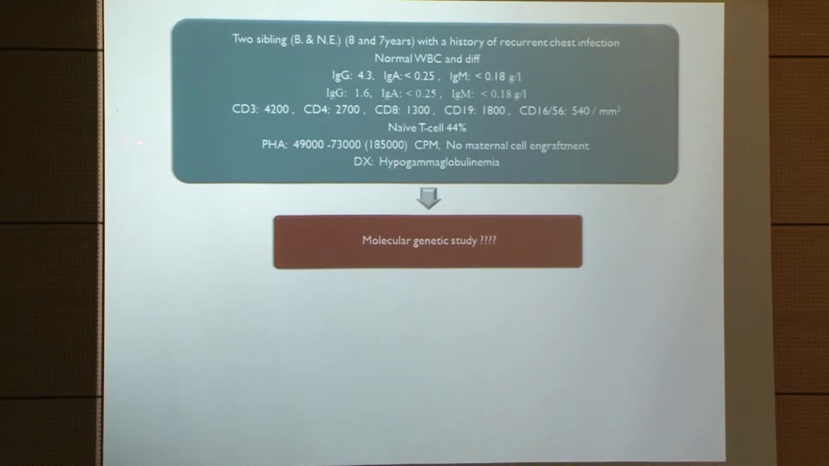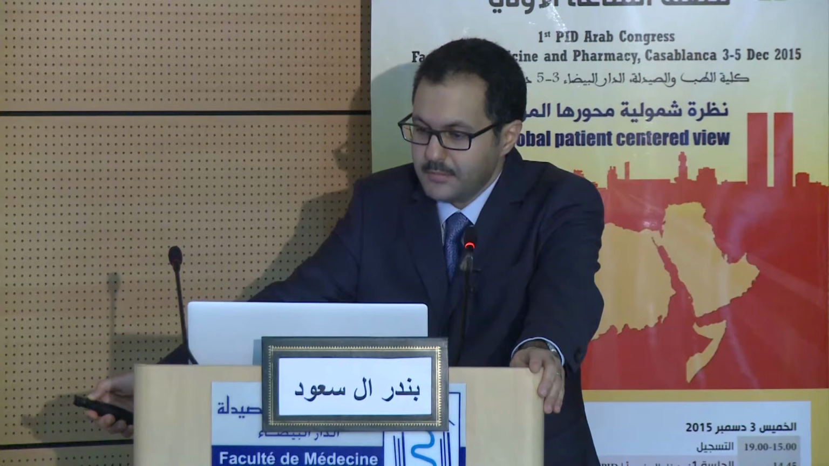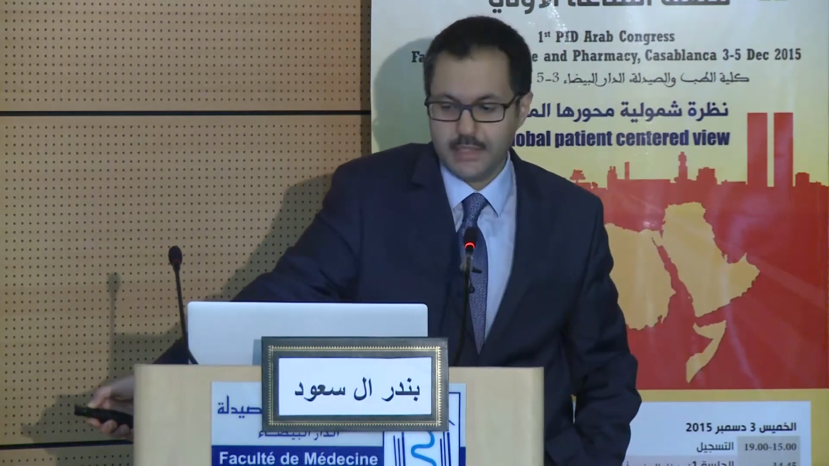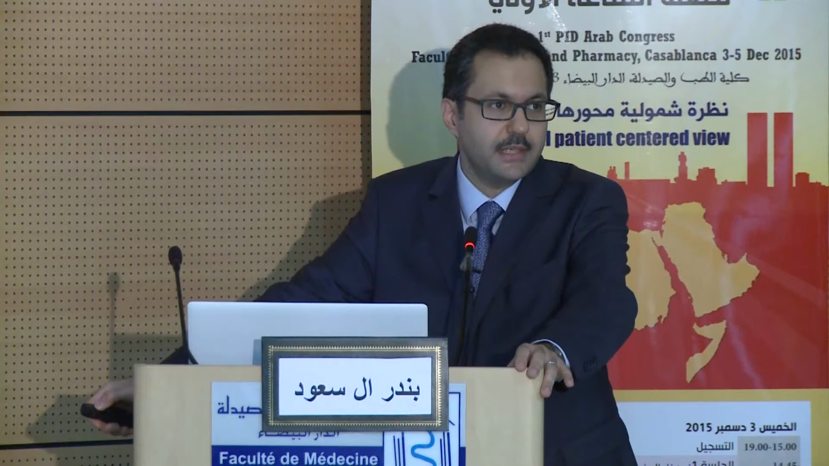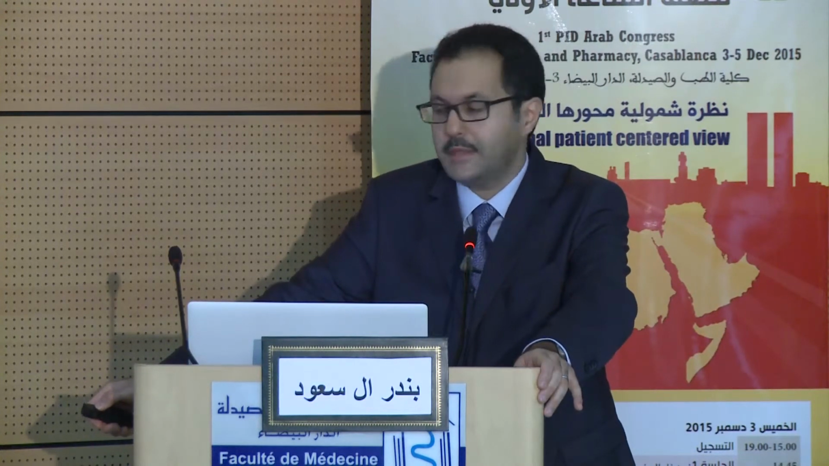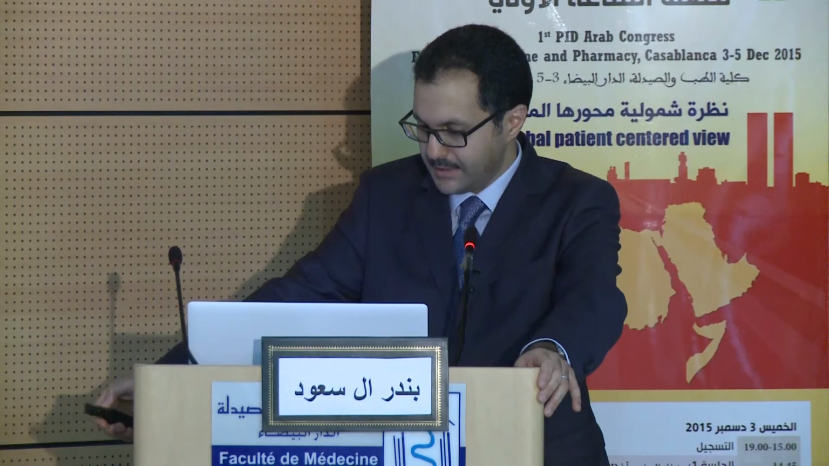Their lymphocyte markers were fairly within the normal range, nothing significant, and they had naive T cells. Their function to PHA was also within the normal range, and they were labeled to have hypogammaglobulinemia, and we started them on IVIG, and they are doing fairly well on IVIG. So their samples were run in the panel, and